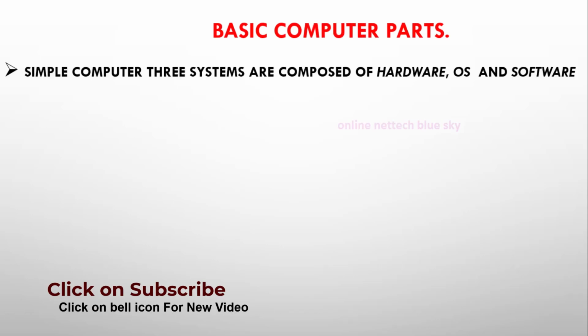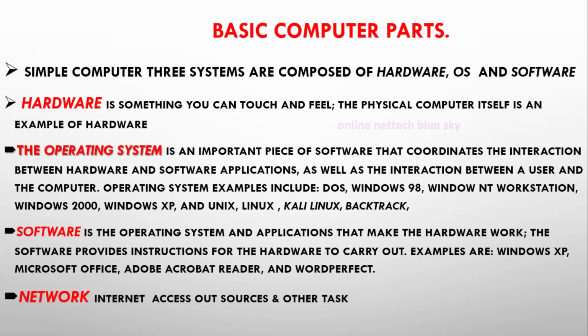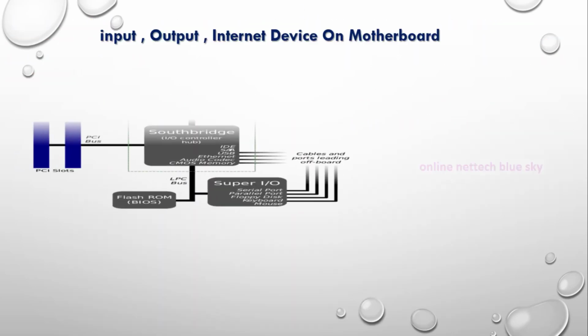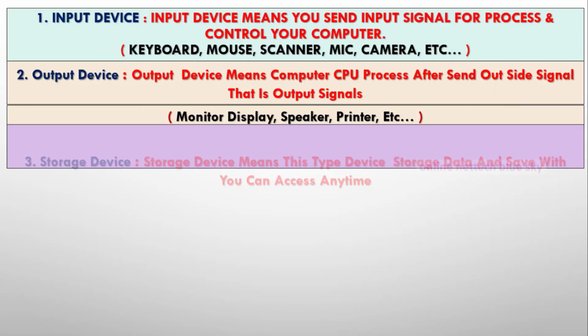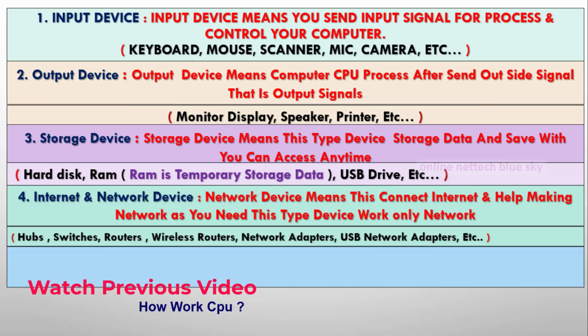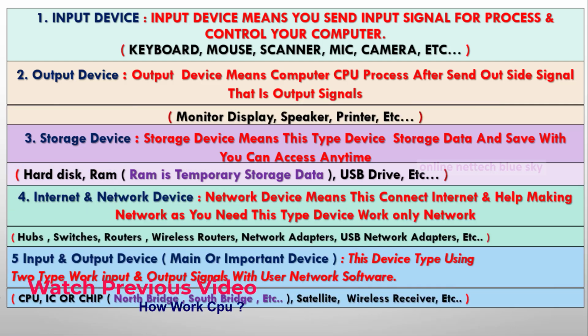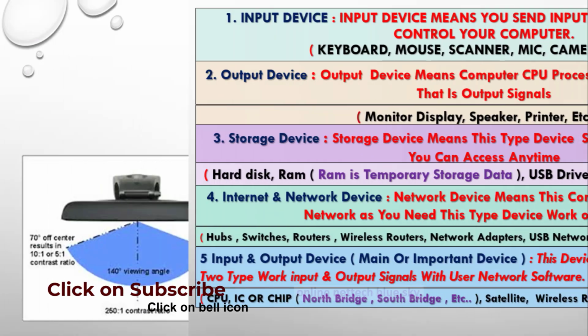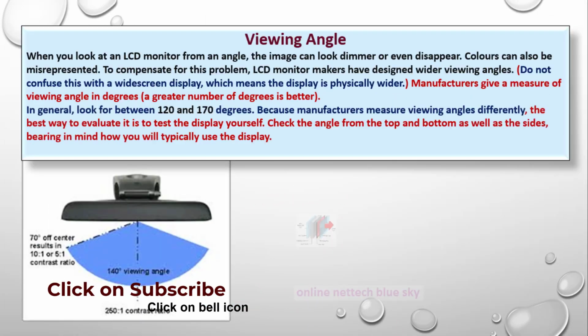these courses. Okay, so basic computer parts: hardware, system, software, network. And types of computer devices. You can see here, these are the different types available in a computer. So input device, output device, storage device, internet network devices, input output device. So watch the previous video. This is very important to understand, so watch all my previous videos